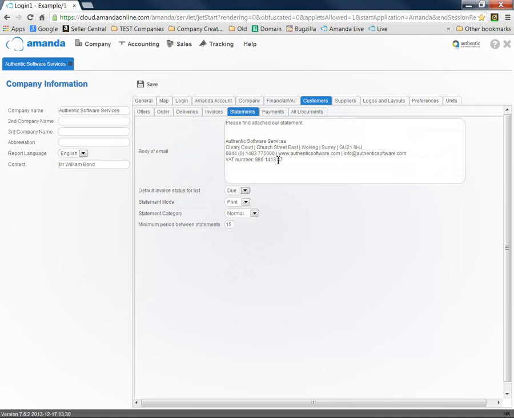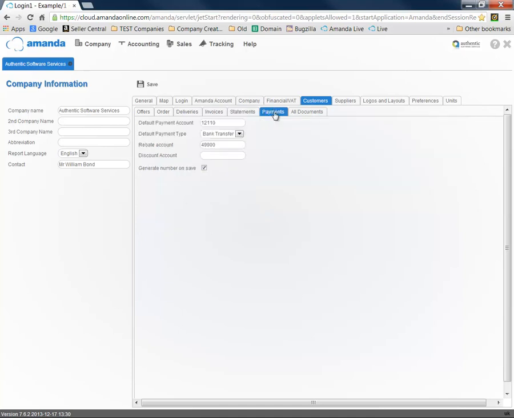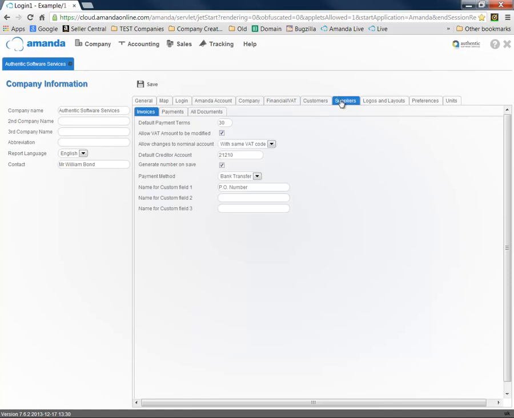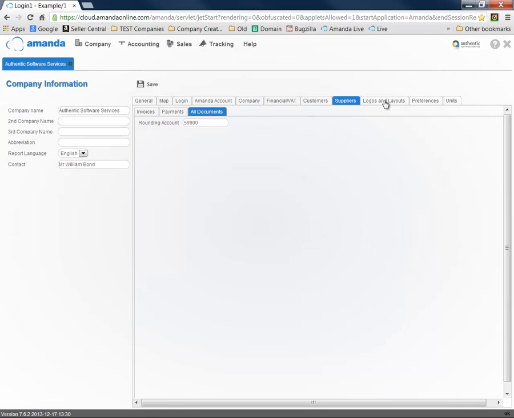Statements, again, you can set a default to go with the email, and you can also set various defaults regarding periods between statements and whether you want by default to print them or to email them. Payments, again, you can select how you normally receive payments, and in this case we've selected bank transfer. And all documents, this is just where you can put in details of the rounding account you want to use. Very similar for suppliers, again lots of defaults, payments, documents, but probably the most interesting one is this tab, logos